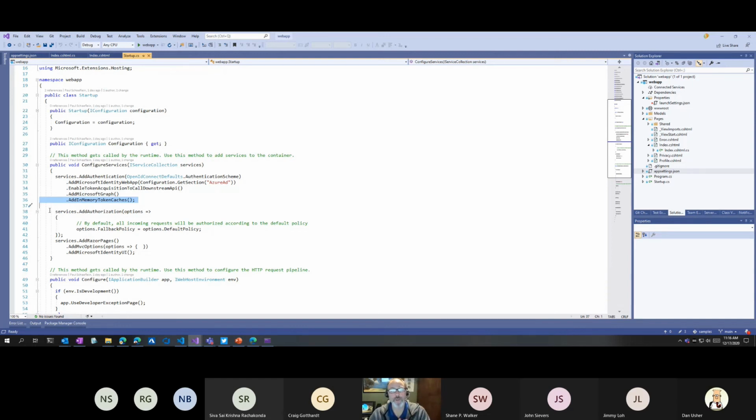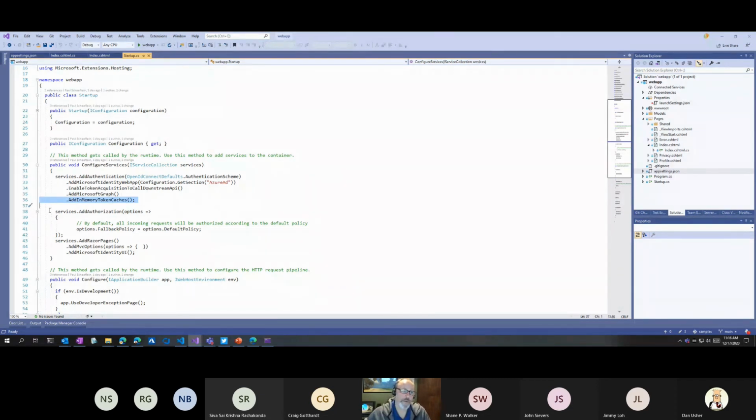And after the login happens, it says, okay, I know who you are. I'm going to also go get a token for Microsoft Graph and put it in a memory cache so that the next time you browse the page, I can do the same concept. If it's in the cache, I'll use it. If it's not, I can redirect you. And this is where part of the middleware helps, because what if the first time I'm making this request, I need to provide consent? How do I do that?